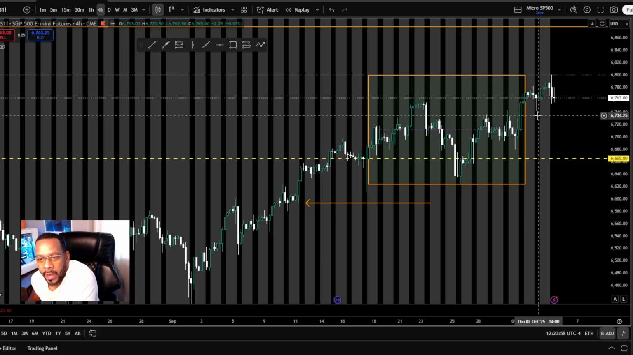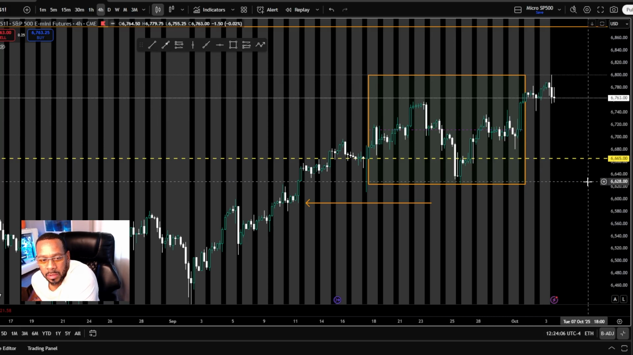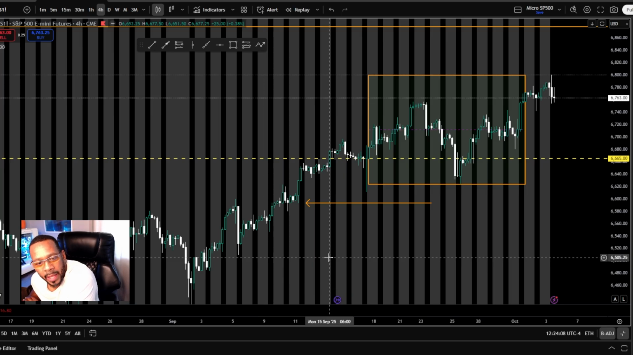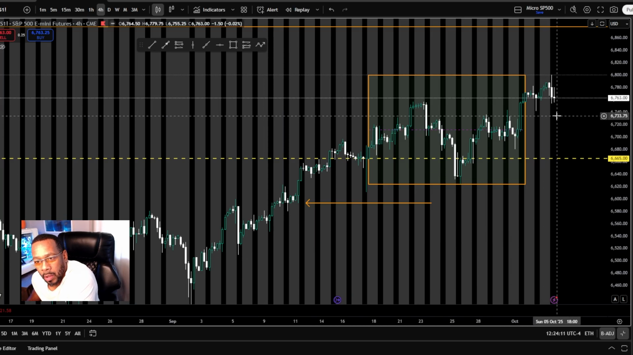Just like I said, overall right now, market's had a break of structure here. This is the 4 hour. This is a good 50% mark. Look for buys, but we would like to see confirmation, right? Or